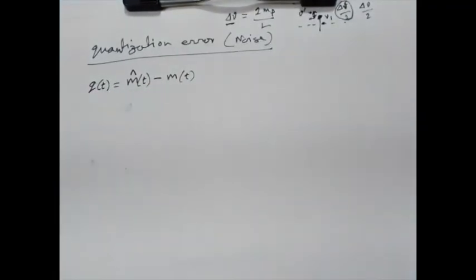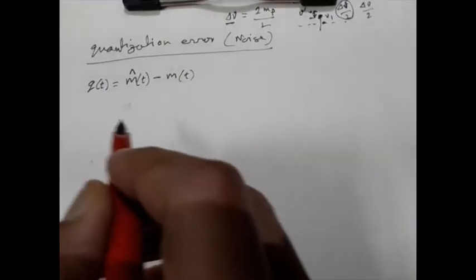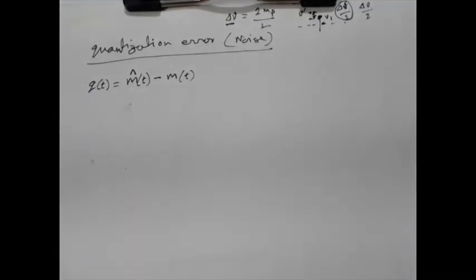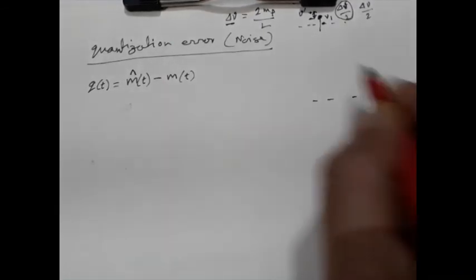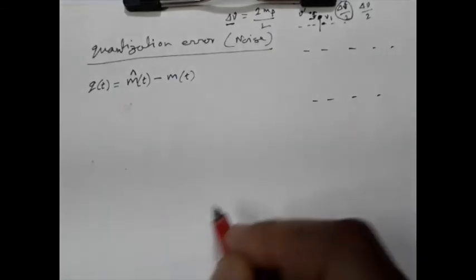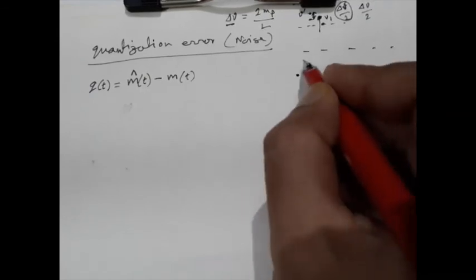The difference between these two is the amount of distortion present in the signal. This is the quantization error. Now the second moment of this quantization error will give us the quantization noise. So to determine it, let us proceed in this manner. Just consider one sub-level. This is the midpoint voltage, and we have already said that